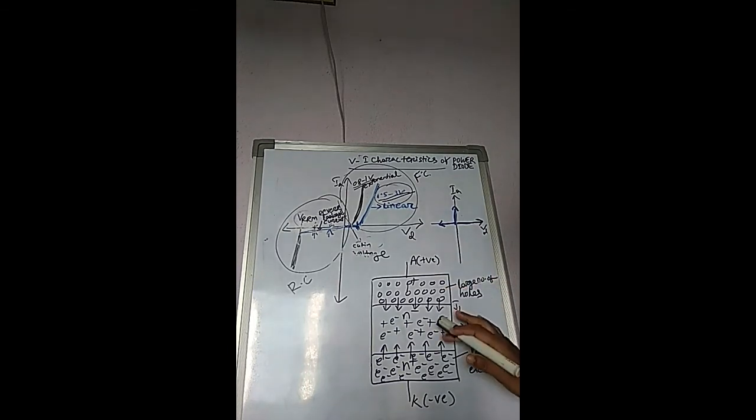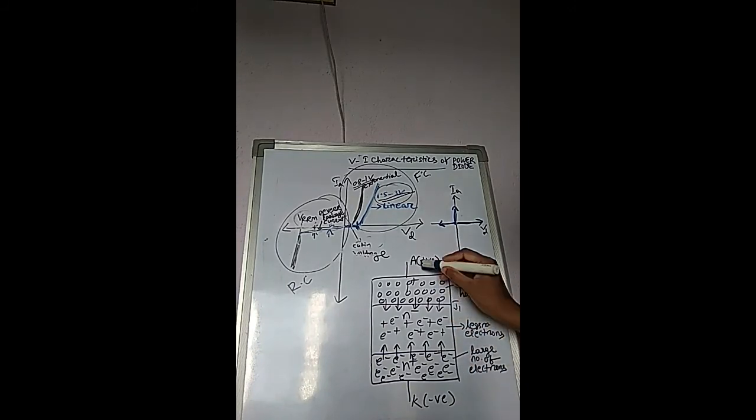And here there is also a large ohmic drop in the N minus layer. Why? Because this N minus layer has fewer electrons. That means it will show some kind of on state resistance. So when the anode to cathode conduction is started, the current through this layer will flow, and it has large on state resistance. So due to the current and the on state resistance, it has a large ohmic drop. Understood?